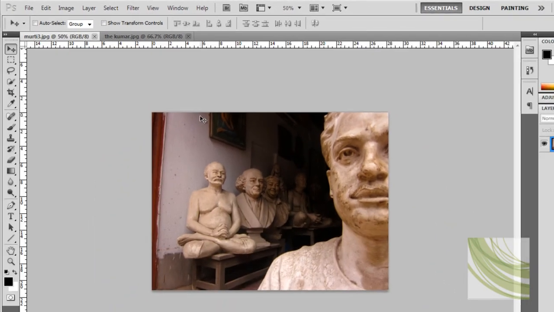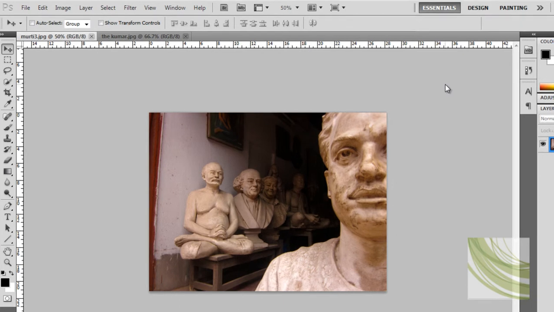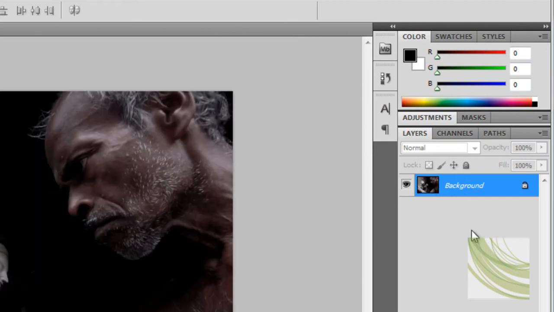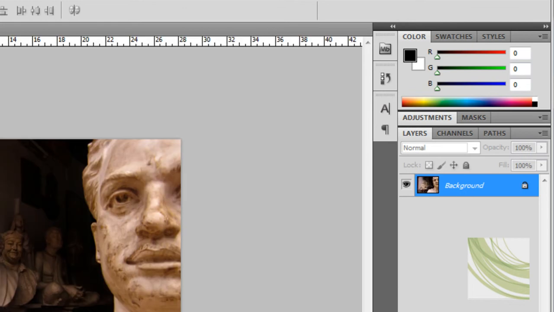It will be gone. But just to give you an idea about panels, again you can see the panels here. In this particular image, you just got one layer, which is the background layer. It is locked. Okay, we'll talk about layers in detail later, but as you can see, you have just one layer here. If you go back to the other image, you can see its layers as well. You can always create more than one layer.